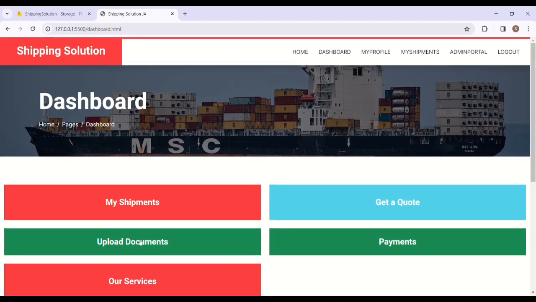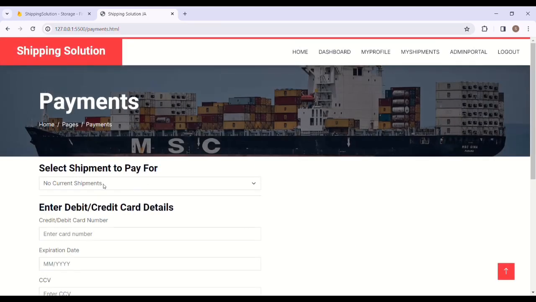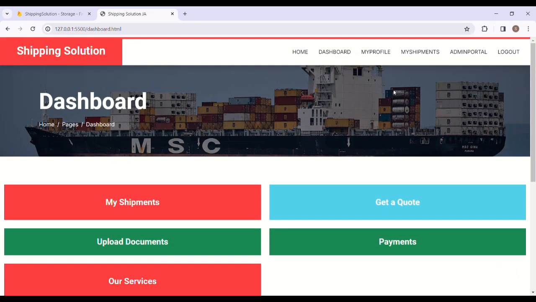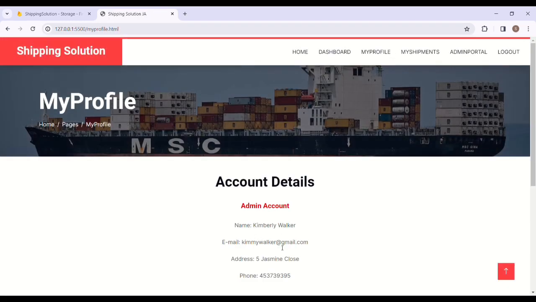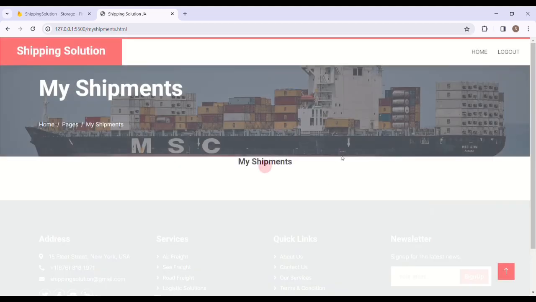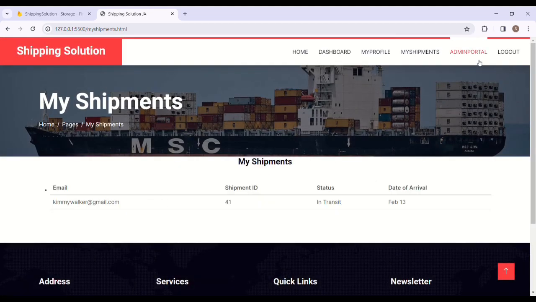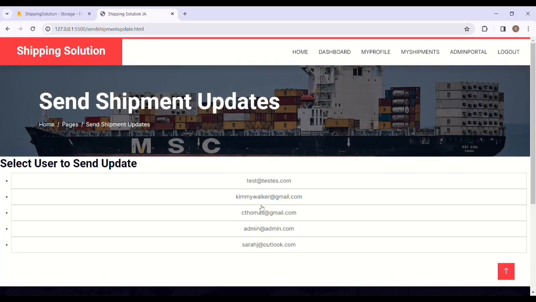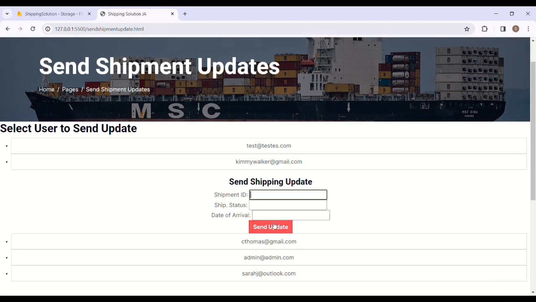And yep, we're back to the dashboard, so we can see the payments menu where we can select a shipment and enter payment details. And so now we can see that we're still logged in on the same account. And if we go on my shipments, we see that there's one shipment there. And if we go to send shipment updates, and then we click on the email, and then we enter a shipment ID, shipment status, and the date of arrival,